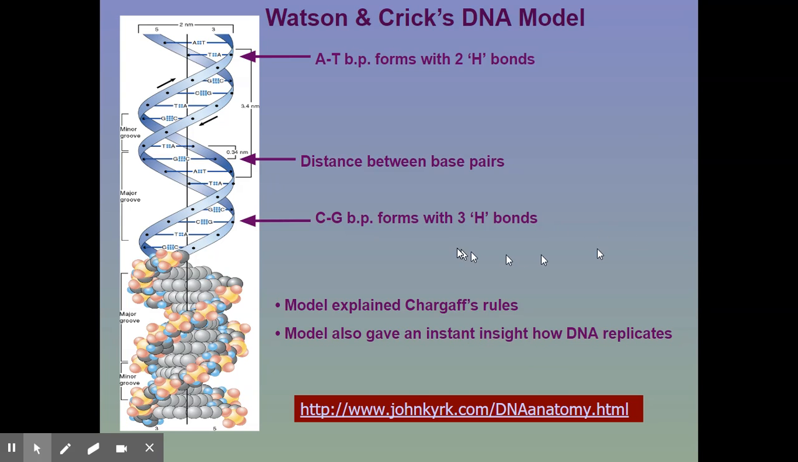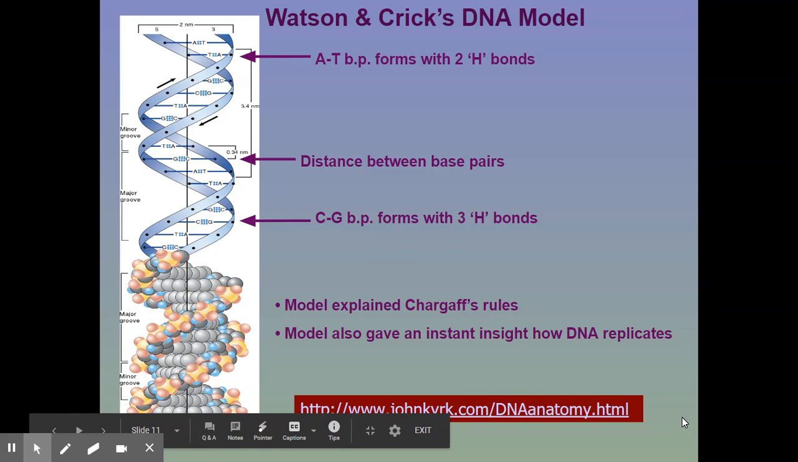Anyways, this was their structure. We saw that adenine and thymine formed 2 hydrogen bonds, whereas guanine and cytosine formed 3 hydrogen bonds between them. And the distance between the base pairs, and there were 10 base pairs between each full turn of the DNA. You can look at this diagram. You can click on that if you want to see some more